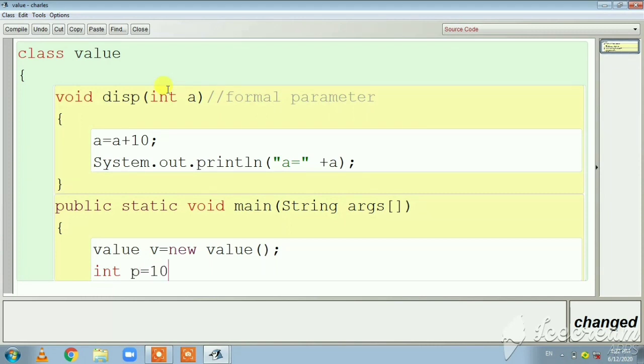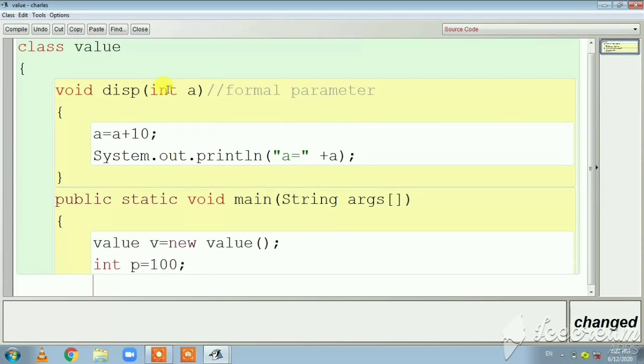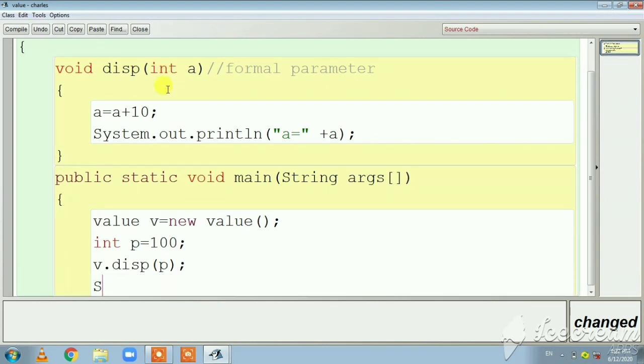Here I am creating a new variable p and assigning the value 100. Now I am calling the function, and here I am passing the parameter. This is the actual parameter.